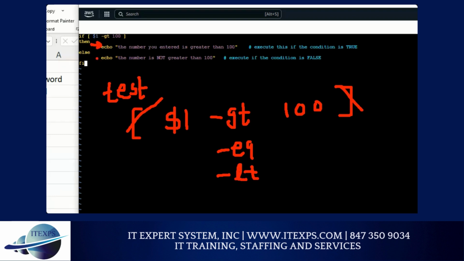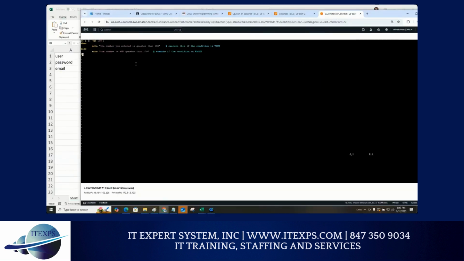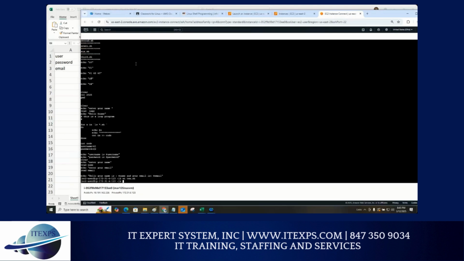Then will only work if the condition is true. Else will work only when the condition is false. Now do escape colon WQ, and now give permission. So how do I give permission? Sudo chmod plus x 10.sh, and now when you run it,